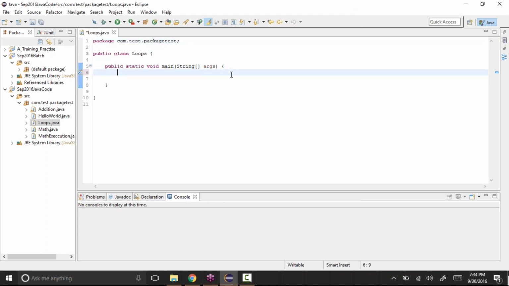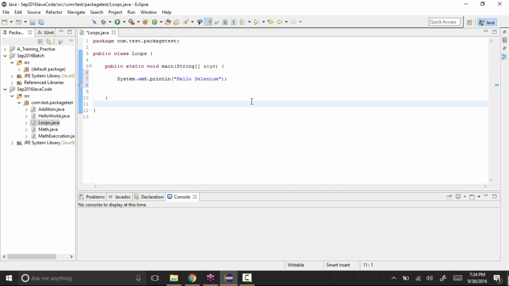I'll take this comment out and start writing some code. Let's write sysout, control space, and display hello selenium.